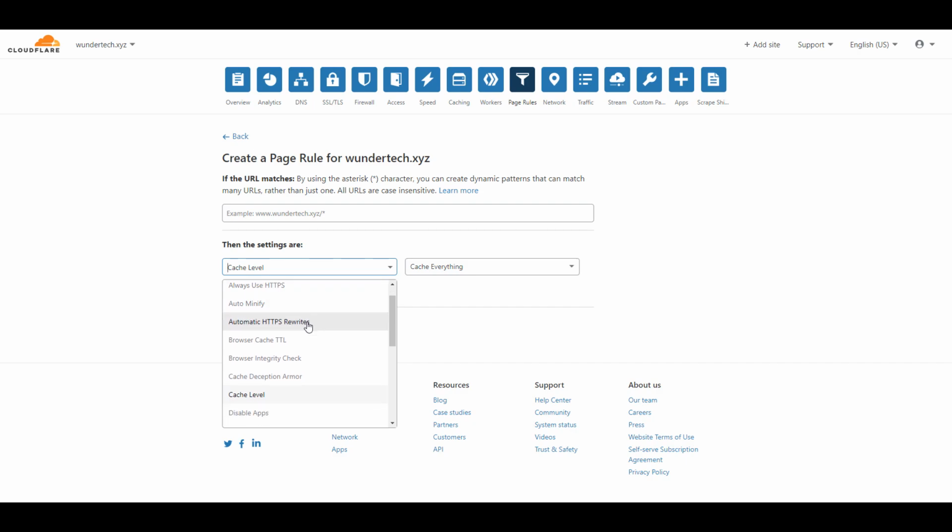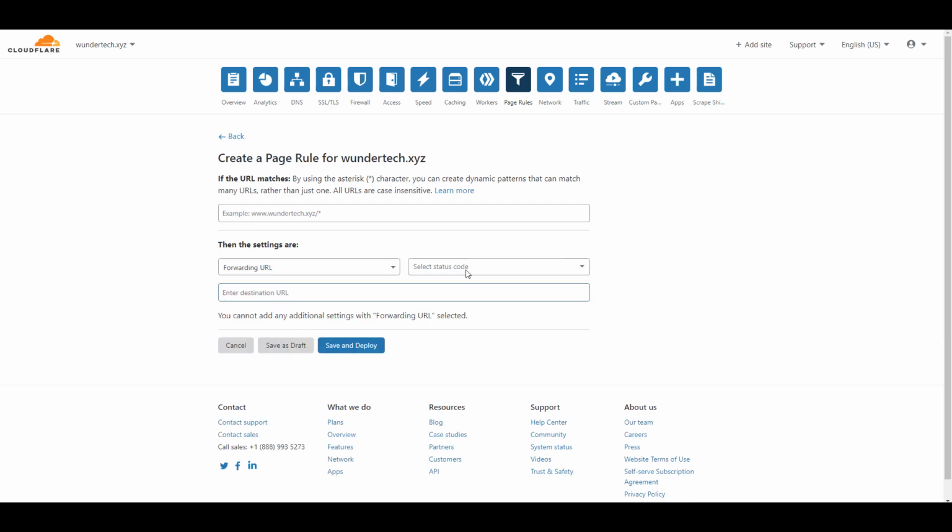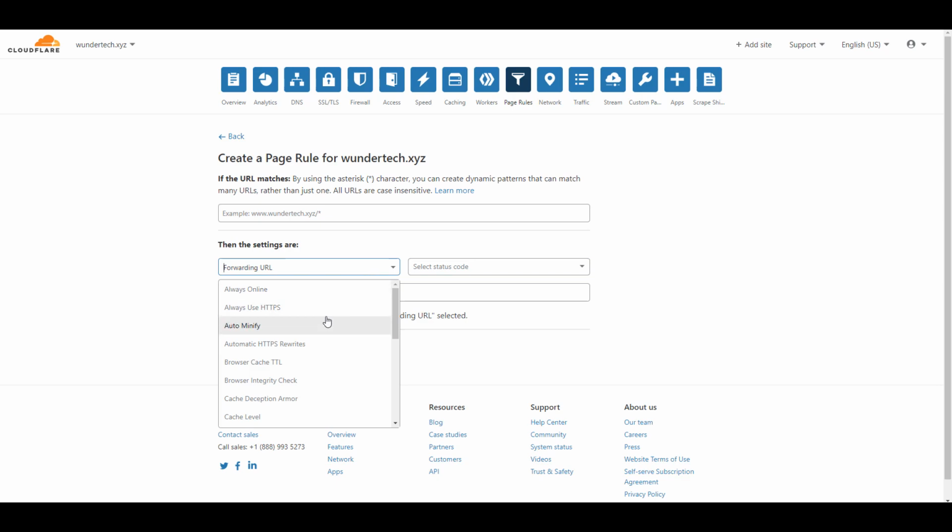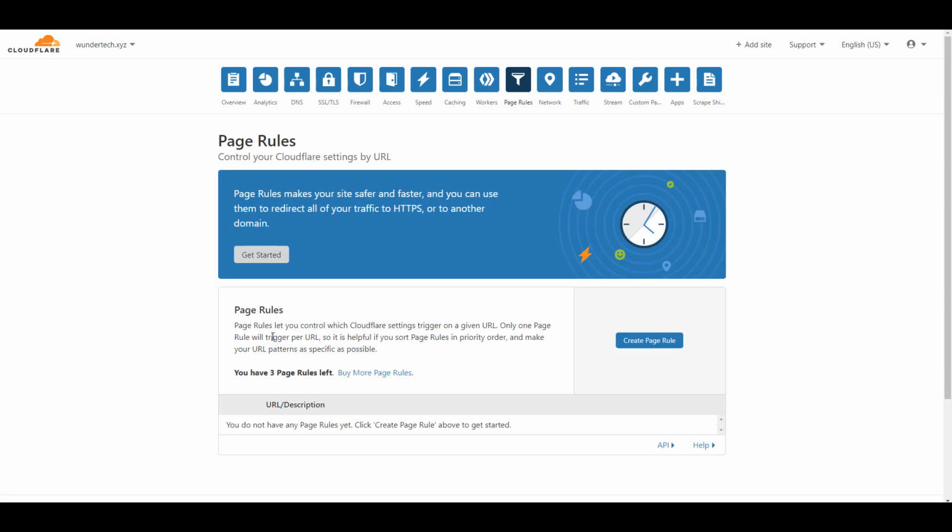Similar to the firewall rules, I can't tell you what you should be putting here, but based on your individual needs, you can create page rules if you'd like. The rest of the settings here, I generally leave as default. You're going to notice that we didn't go through everything, but for your own site, you might want to go through everything. But these are what I consider to be the most important points to increase the performance and security